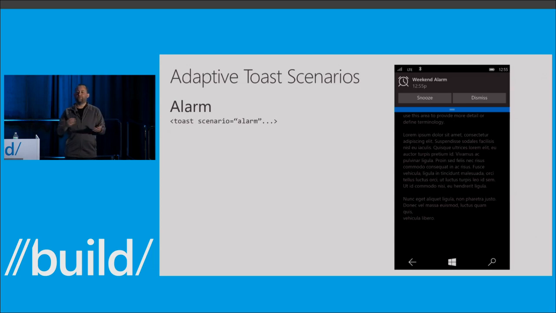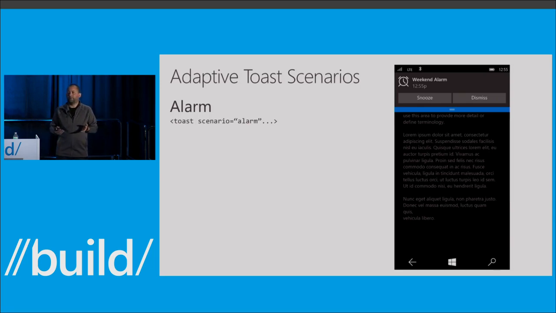We think of everything as a notification now. There's not a separate alarms or reminders namespace. It's all a notification, and the scenario is what decides the behavior of that notification. So in this case, there's a whole bunch more XML I would have here, but for the most part, scenario equals alarm inside of the toast is what actually tells me that I want this to be pre-expanded. Because whenever your alarm's waking you up at, let's say, some reasonable time, like 8 o'clock, you just want to be able to quickly hit snooze or dismiss, snooze in my case, and not have to actually pull that notification down.